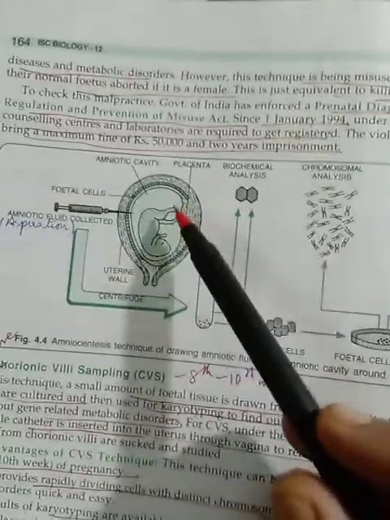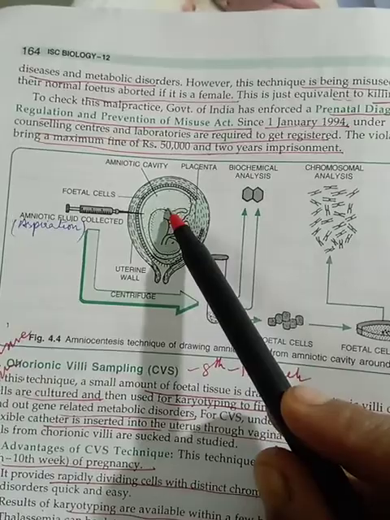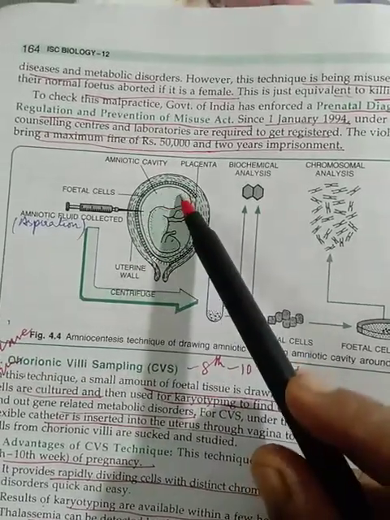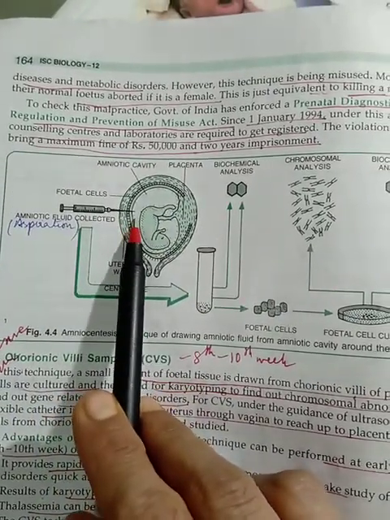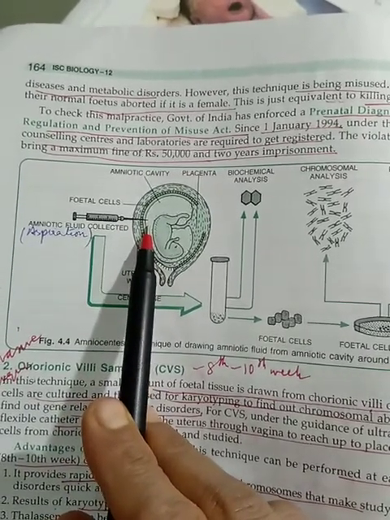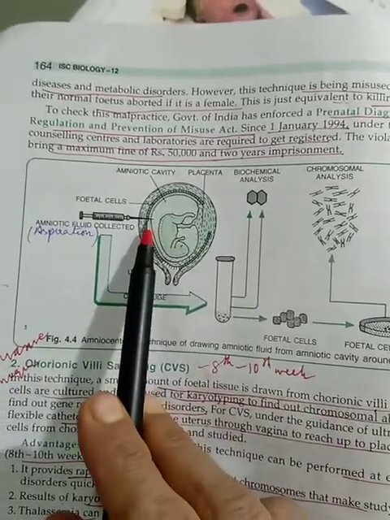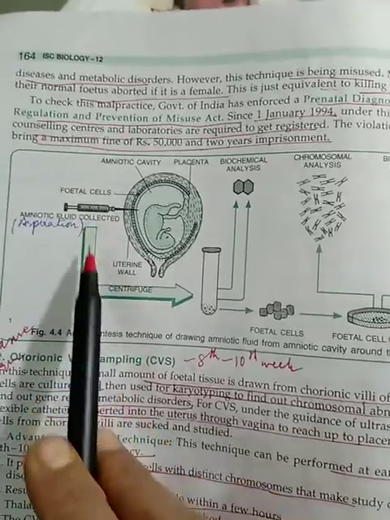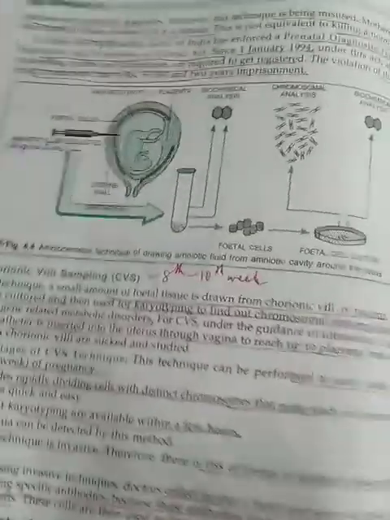First, I'd like to show you the picture of amniocentesis. See, this is the child that is developing in the mother's womb and bathing in the amniotic cavity that is filled with the amniotic fluid. Now, during this technique, a syringe or injection is inserted, and through aspiration, that is sucking out, a little portion of amniotic fluid is collected, and with the help of this fluid some fetal cells are collected. They can now be cultured and tested for any abnormalities. So let us do it now in steps.